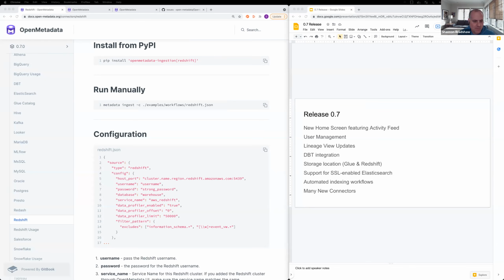So thanks, Alberto. The last demo I want to do has to do with our Elasticsearch updates. The first thing that I'll do is just mention that we've added support for SSL-enabled Elasticsearch, and this includes self-signed certs. And then I'll remind you all that Elasticsearch is what OpenMetadata uses to index metadata to essentially power